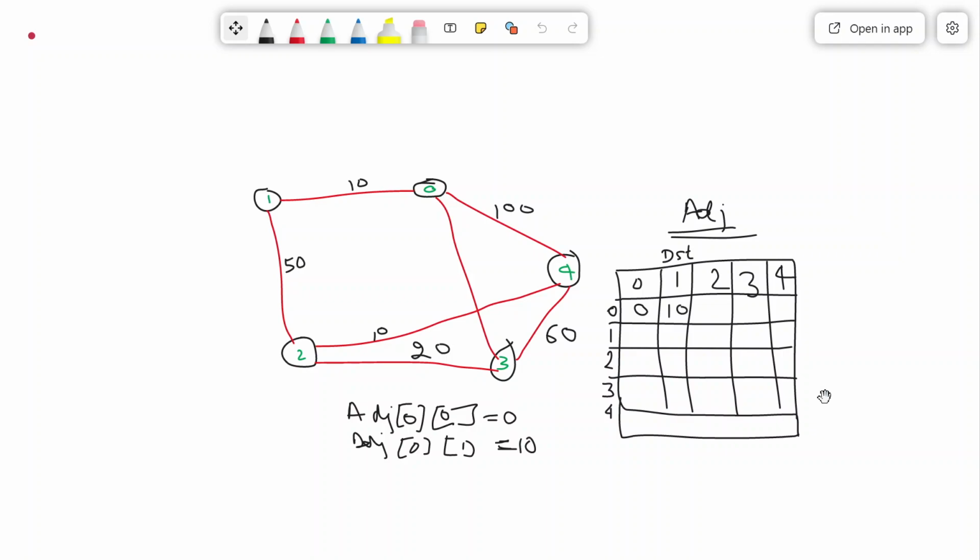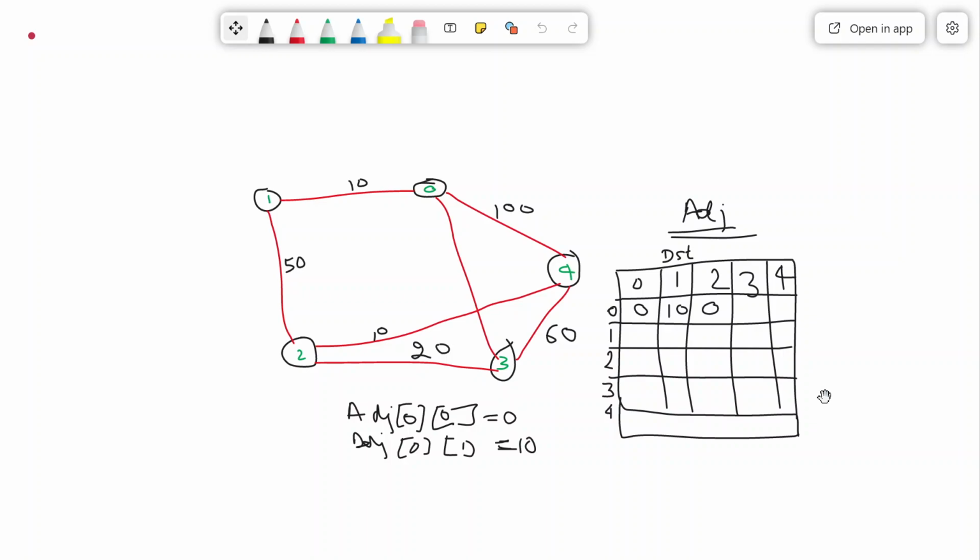What about 0 to 2? There is no edge from 0 to 2. There is no path, so I will fill it with 0.